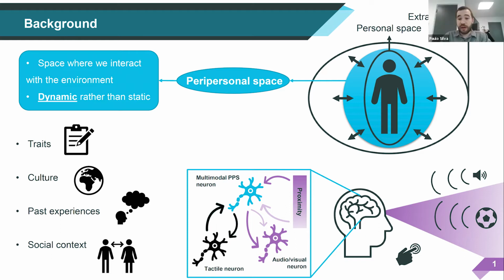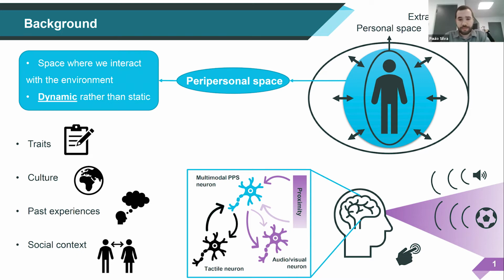This term came to be after studies in primates discovered a specific population of multisensory neurons that are selectively responsive to somatosensory, visual, or auditory stimulus occurring close and not far from the body. In other words, when simultaneous multisensory stimulus occur inside the peripersonal space bubble, its processing is increasingly facilitated by this population of multimodal neurons.